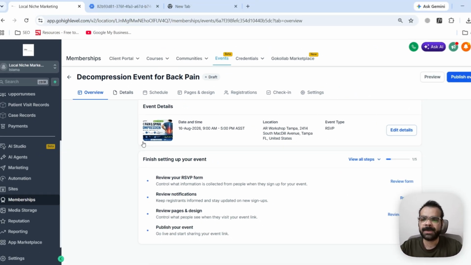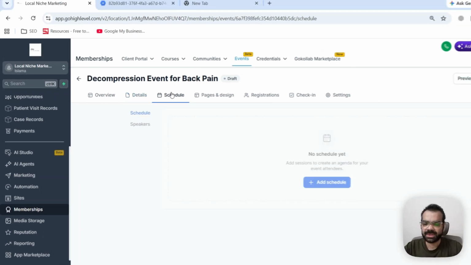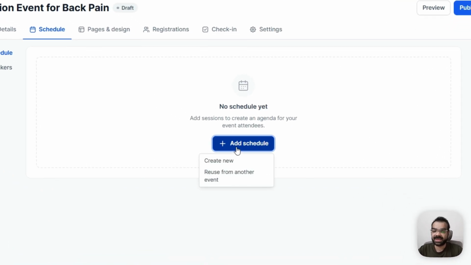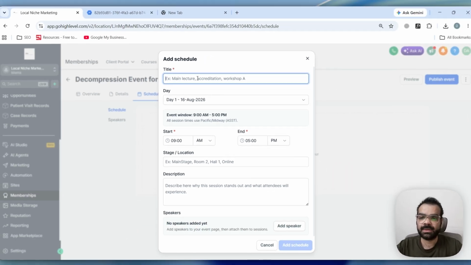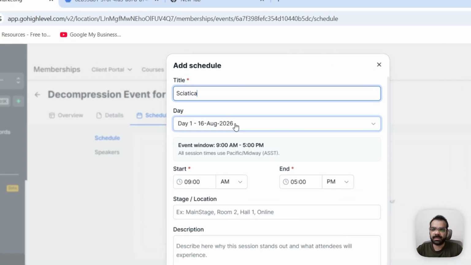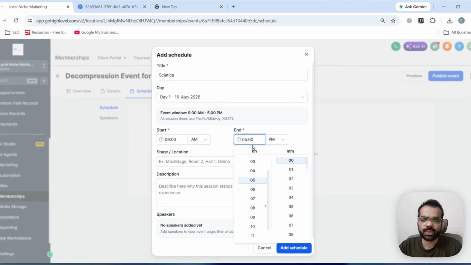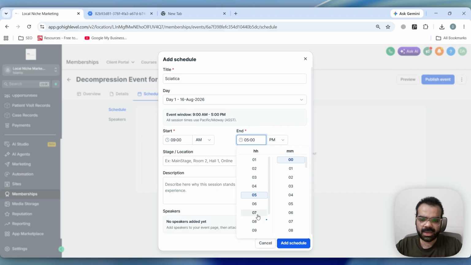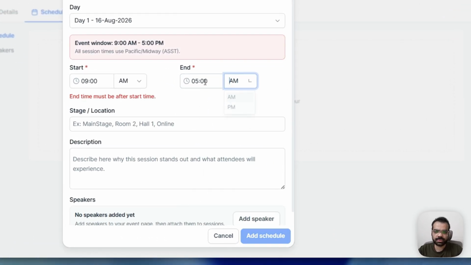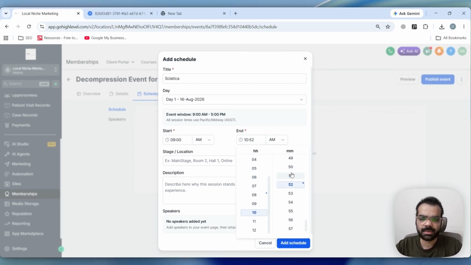First, the details. Under the details, you can edit the details from here. Schedule. You can schedule, add a schedule, create new. For example, the first half of the event is going to be about, for example, you can say that sciatica. Okay, and it will be day one. Start time will be from 9 a.m. to 10 a.m. Okay,